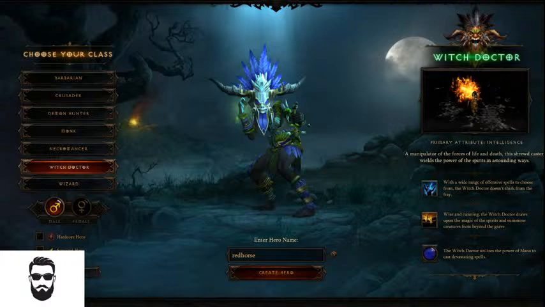But let's begin with an overview of the new set, the Typhon's Veil. The two-piece bonus doubles the duration of Hydras and increases the number of heads on multi-headed Hydras by 2. Now, all Hydras are multi-headed except for one rune, the Mammoth Hydra. So this is a set for all but the Mammoth Hydra, because historically the Mammoth Hydra was really the best